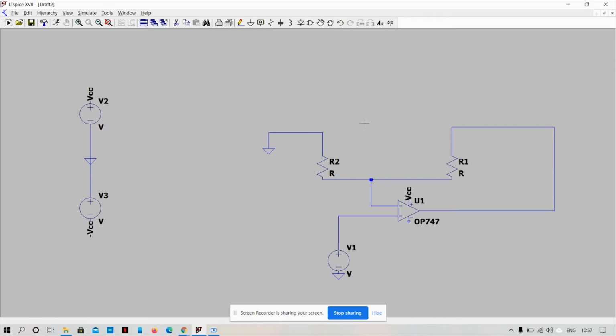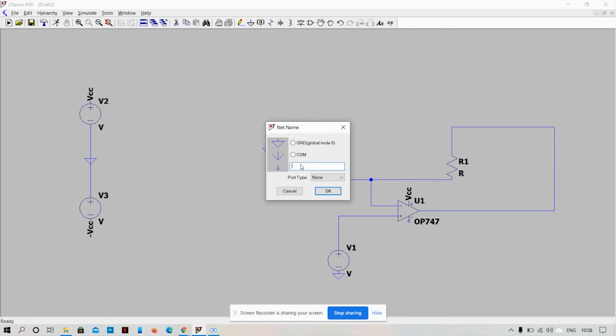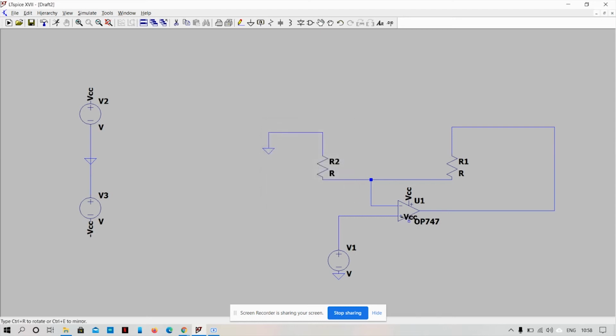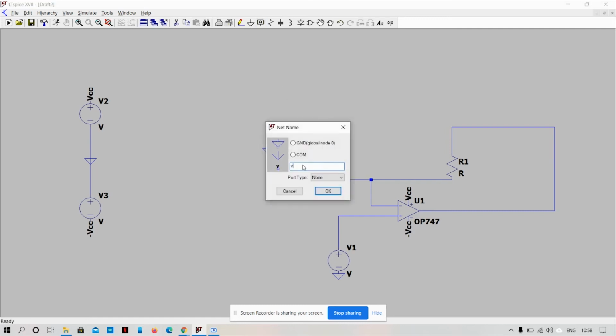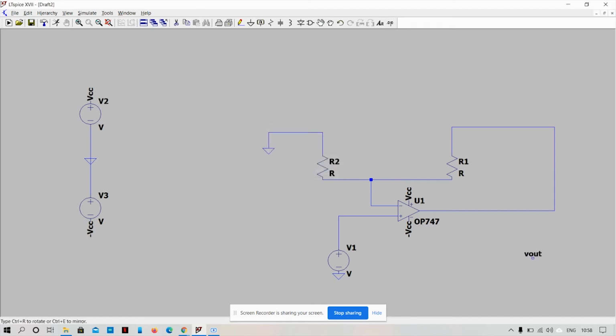The same we have to do for minus VCC. And place it here. And next up we have to label the V out. And place it here.